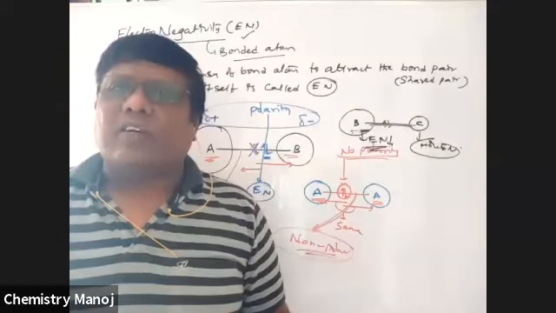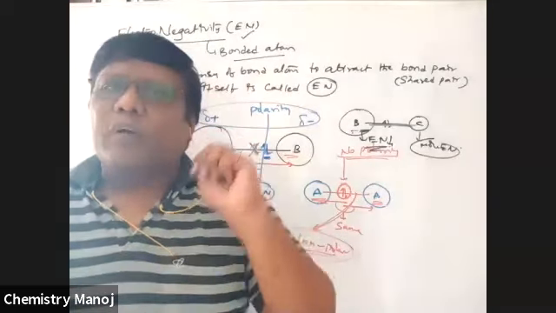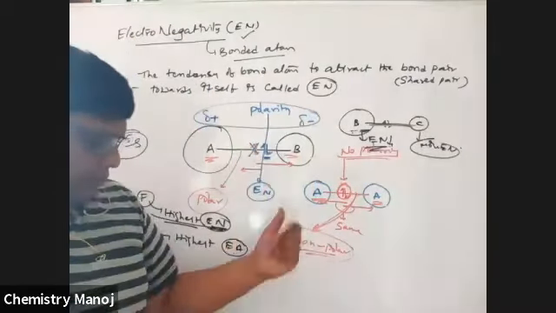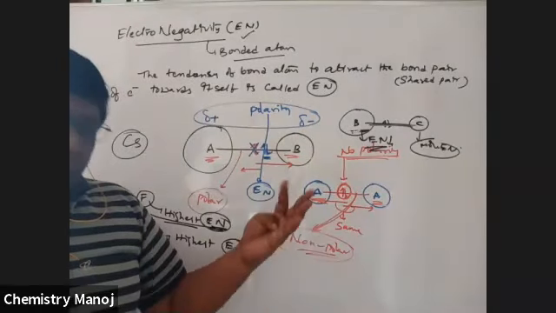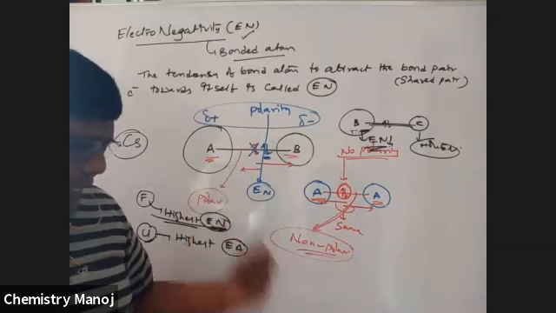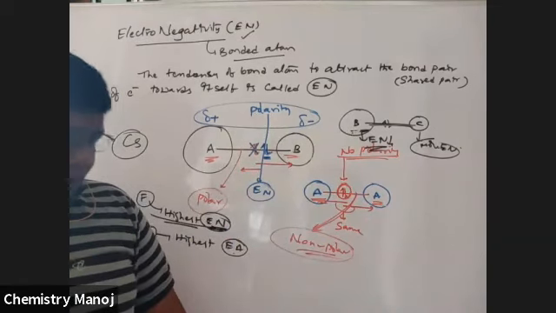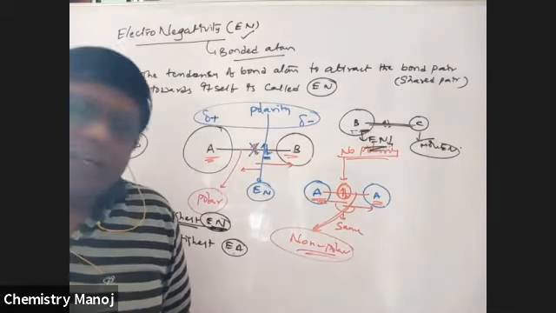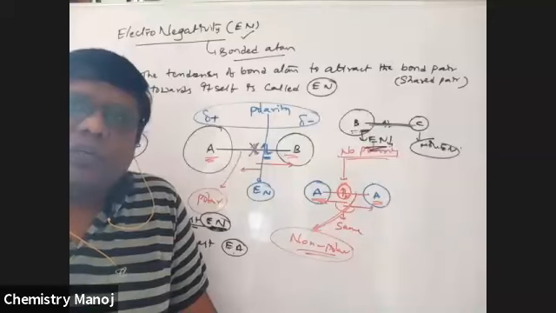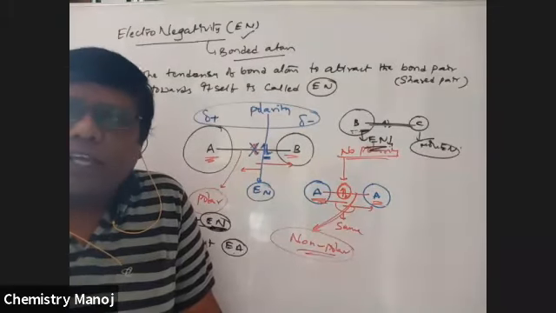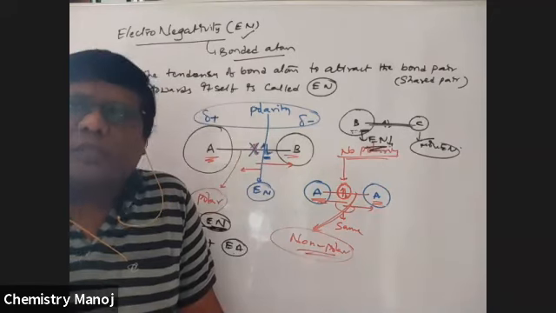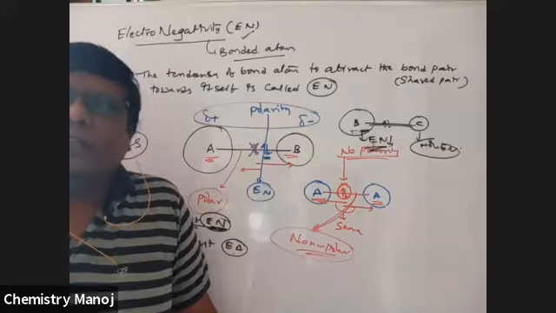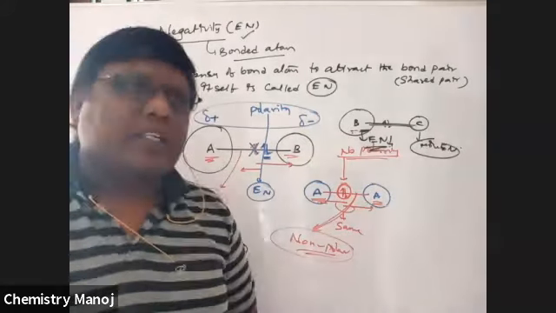The measurement of electronegativity is based on three important scales: the Millikan scale, the Pauling scale, and the Allred-Rochow scale. Among these three, only two are most important, the Millikan scale and the Pauling scale. Now I am going to explain the Millikan and Pauling scales.